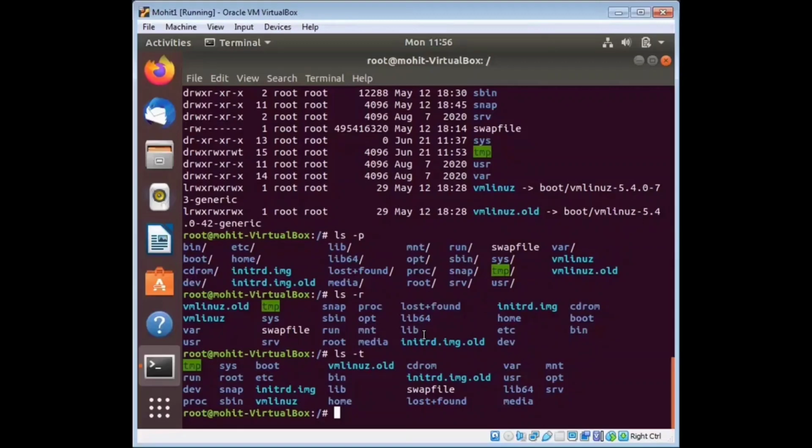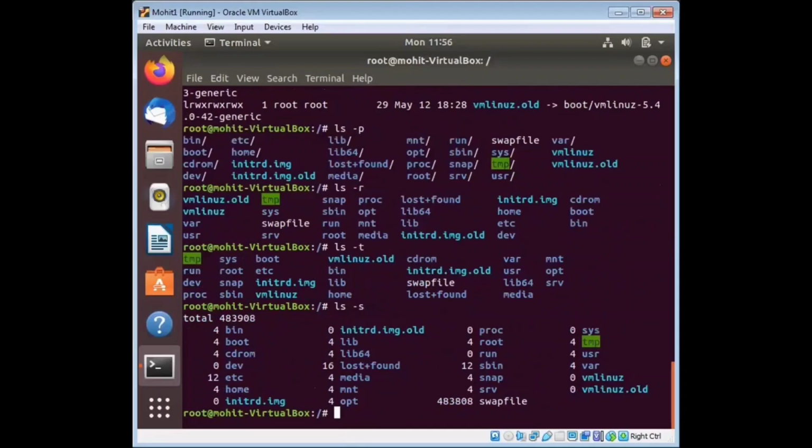Next command is your ls minus s. When you type ls minus s, it sorts by file size. The total file size is 483908, and this command is used to sort by file size.